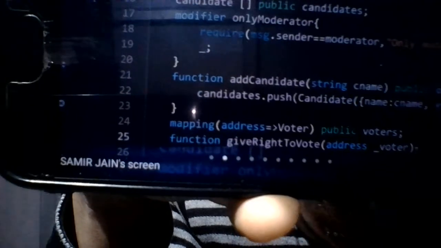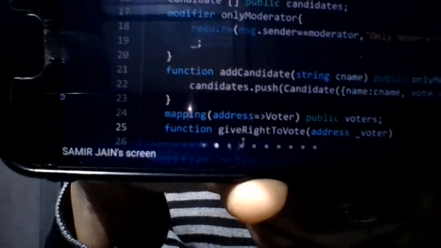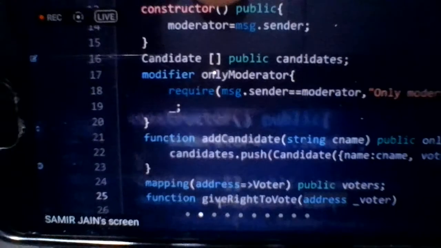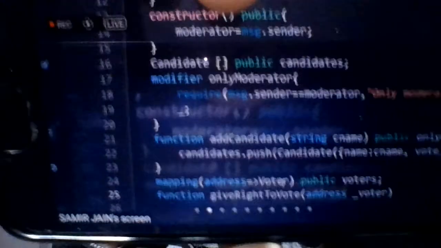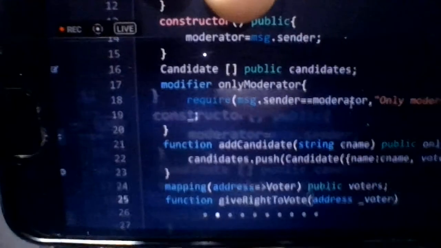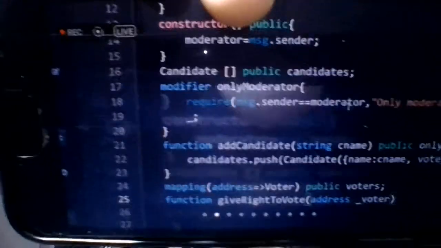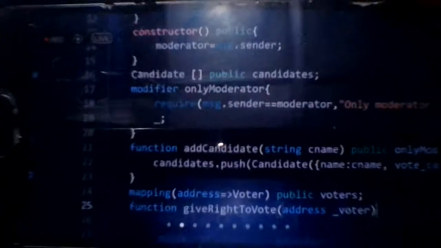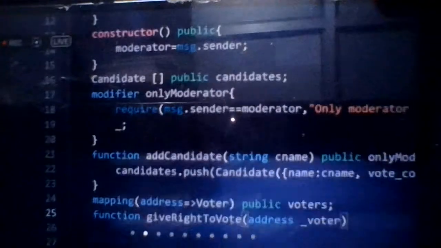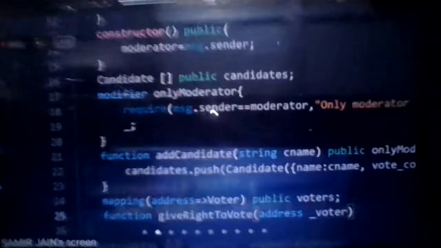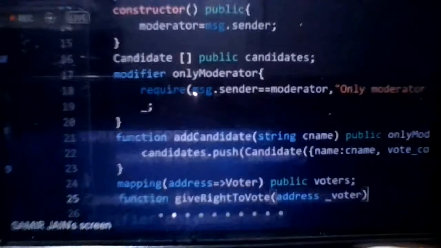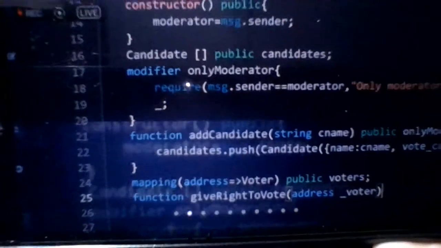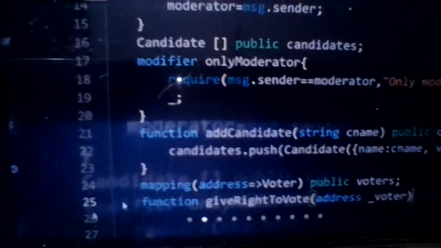Again, since this is give right to vote, who can do this task? Who will give the rights? Can anyone tell me who will give the rights to vote? Exactly, the moderator. So the moderator should be there with this function. How can a condition be applied? How did we apply the condition in add candidate?